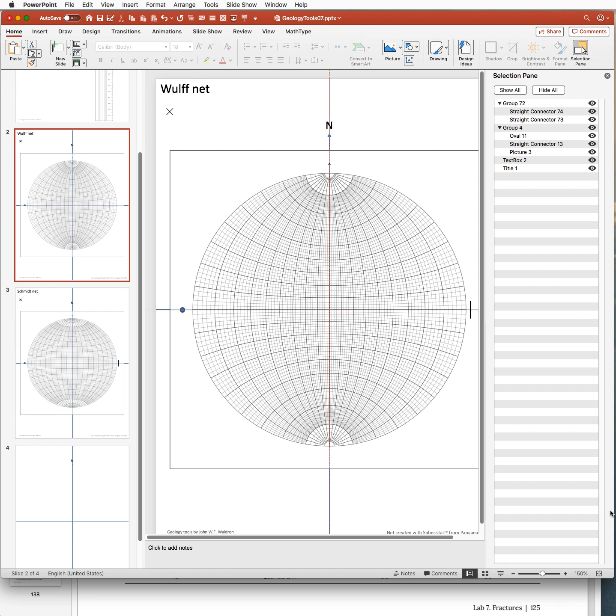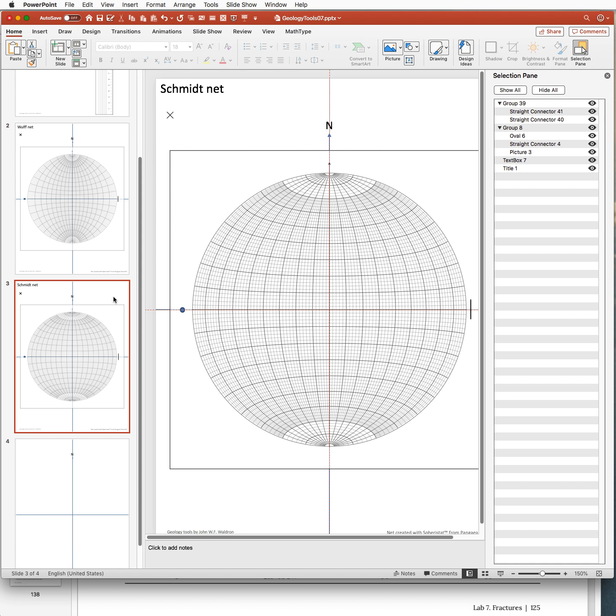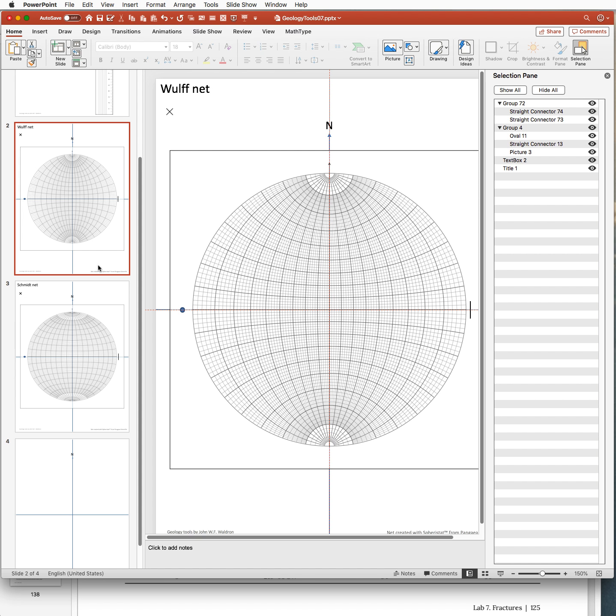And we're going to do this as before in PowerPoint. Now, we've looked at a number of different plotting methods in PowerPoint. We've looked at this Schmidt net, which is used for equal area projection and is the net that you have to use when you are doing something statistical on the projection. And we started looking at this Wulff net, which has a very simple mathematical construction. One of its features is that all of the arcs on this net are circles. And in fact, a property of the stereographic projection is that any circle, whether it's a great circle that divides the sphere in half or a small circle with a smaller radius,